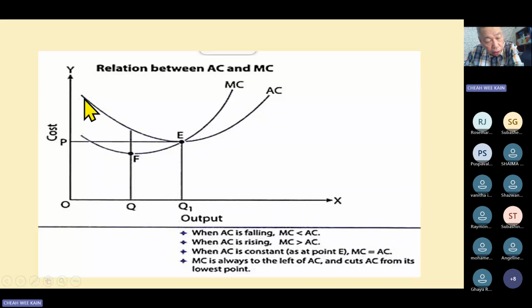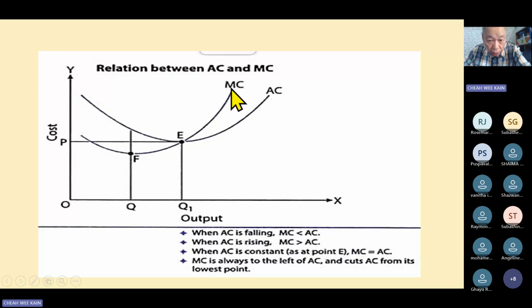Now, how come the average cost could be going down when there's more quantity? Correct. Then why does the average cost go up? Sometimes it keeps on going down, but there are cases whereby average cost can also go up. For example, maybe your fixed cost rental suddenly increases, or your variable cost, instead of $1 per item, the supplier now wants to increase the price of needles, so the average cost can go up.